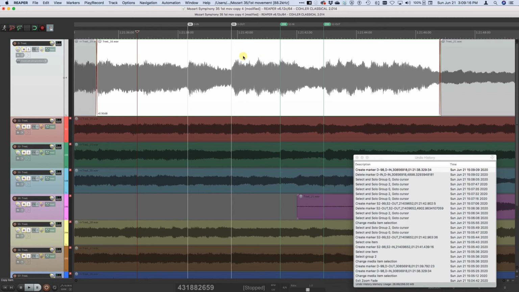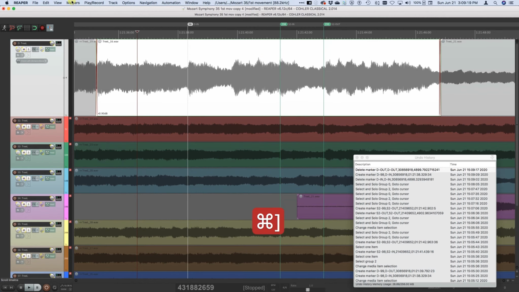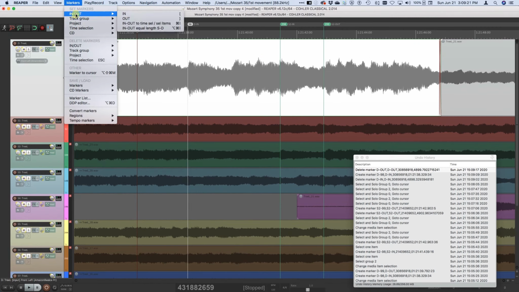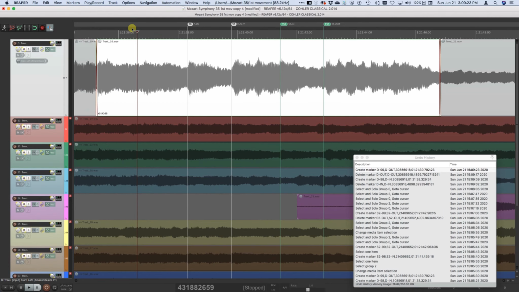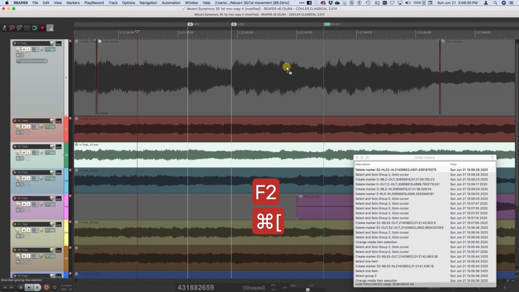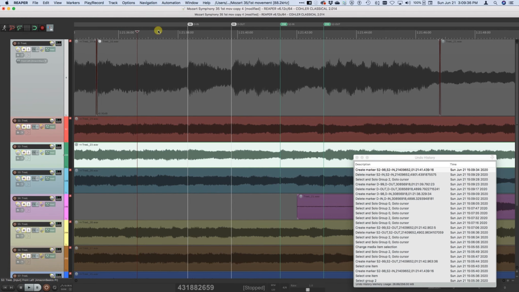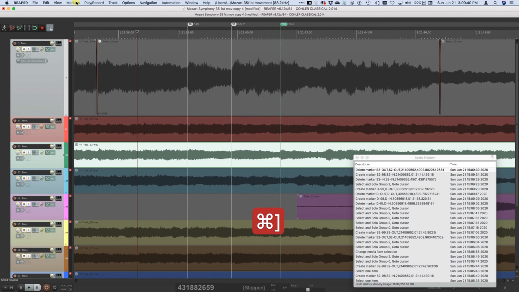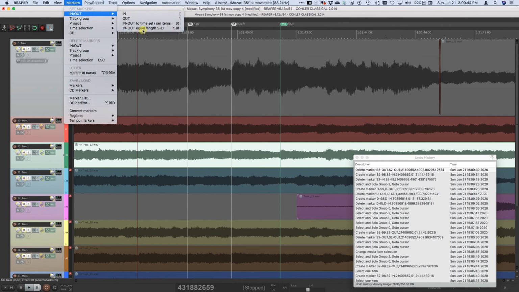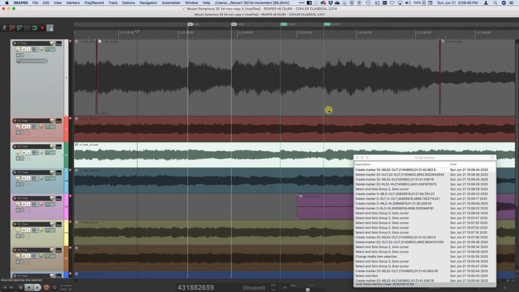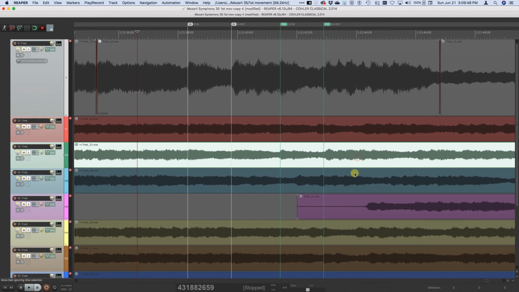If I delete the out point and I execute this command, set marker in out equal length, it sets the out point. If I delete the in point in the source group, execute the command, it makes it equal length. And if I delete the out point in the source group, it makes it equal length. And in each case, you can verify that it's equal length by setting your timeline here to samples,